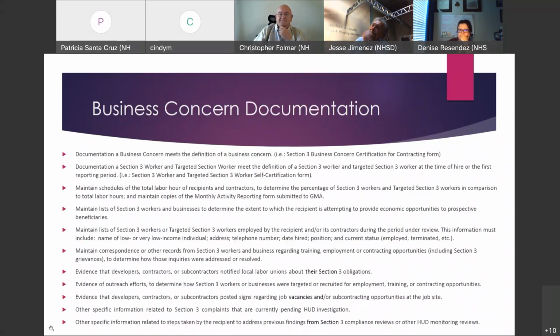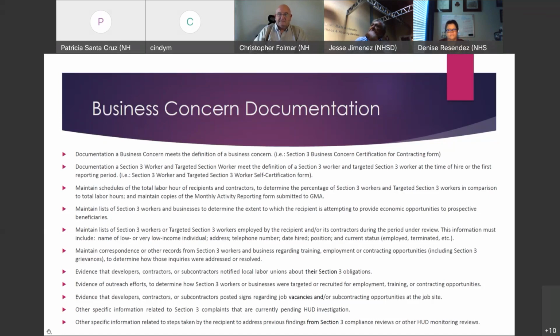Okay, next. This is a list of documentation that needs to be retained by a Section 3 certified organization. Not all of it necessarily applies. For instance, I'm not aware of any labor unions in San Antonio that we need to notify. And some of it, like payroll records, you're already keeping. So you just look through it and read through it when you get ready, see what kind of documentation you have available to you, and see the things that you would need to do. Because, like I said, some of it is addressed to different things, so it applies variably here and there.